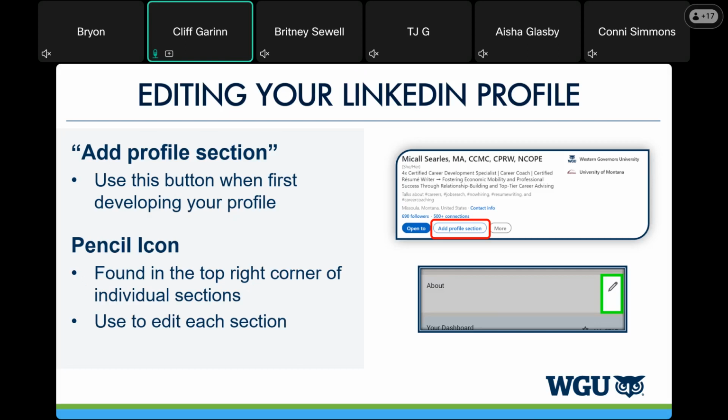She has some other certifications. And then, we're going to go into deeper detail with this, don't just put your job title, put more than that. Put a little bit more of the information in your background that you want people to know about. McCall has that she is a 4-time certified career development specialist. She's a career coach, certified resume writer, and then she has a value statement.